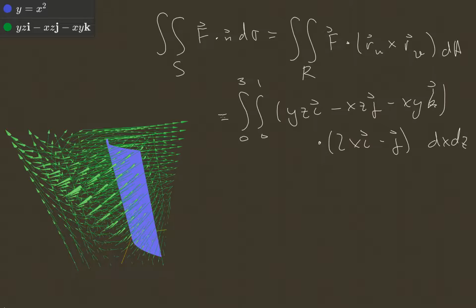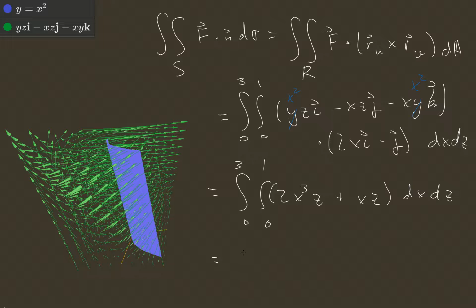which is the integral 0 to 3, integral 0 to 1. This should give us 2x, and y is x squared. Okay, so this will become 2x cubed z, and then plus xz, and then there's no k. This dx dz,